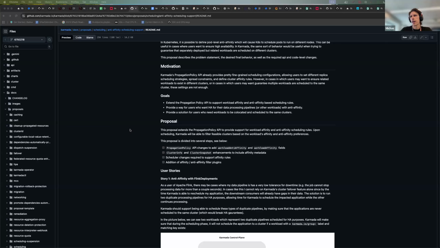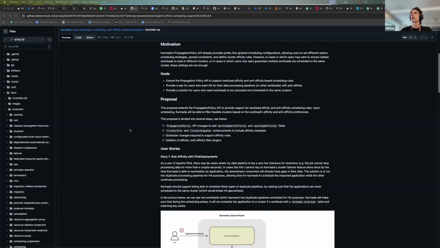Now, you can duplicate a resource across multiple clusters, that's supported currently, but the problem is if, for instance, you need to control two separate CRDs using two different deployment YAMLs. In that case, Karmada treats them as completely independent, and there's no current way to ensure that those applications will not be scheduled on the same cluster.